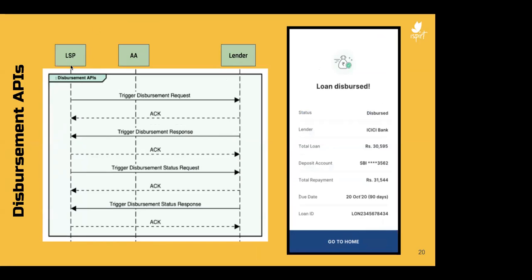At the disbursement time, the LSP, once it has gone through the entire life cycle of the loan product, is going to now call for a trigger disbursement request to the lender. The lender might do some final checks, for example, checking with the common pledge registry to ensure that whatever documents or information the user has pledged for the purposes of this loan have not been pledged somewhere else. The lender will check at the last moment, ensuring that this is an invoice which is not